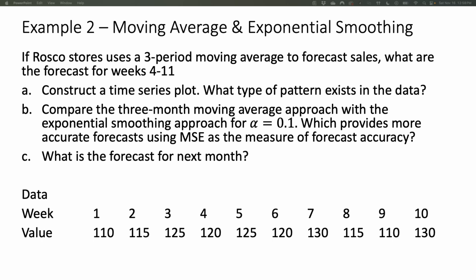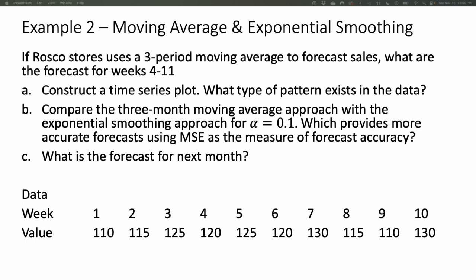All right, here's our example two, where we get to use two different methods, moving averages and exponential smoothing. Still continuing from that Roscoe store, we are asked to use a 3-period moving average to forecast sales for weeks 4 to 11. Additionally, we will construct a time series plot and talk about the type of data present in that plot. And then in part B, we will